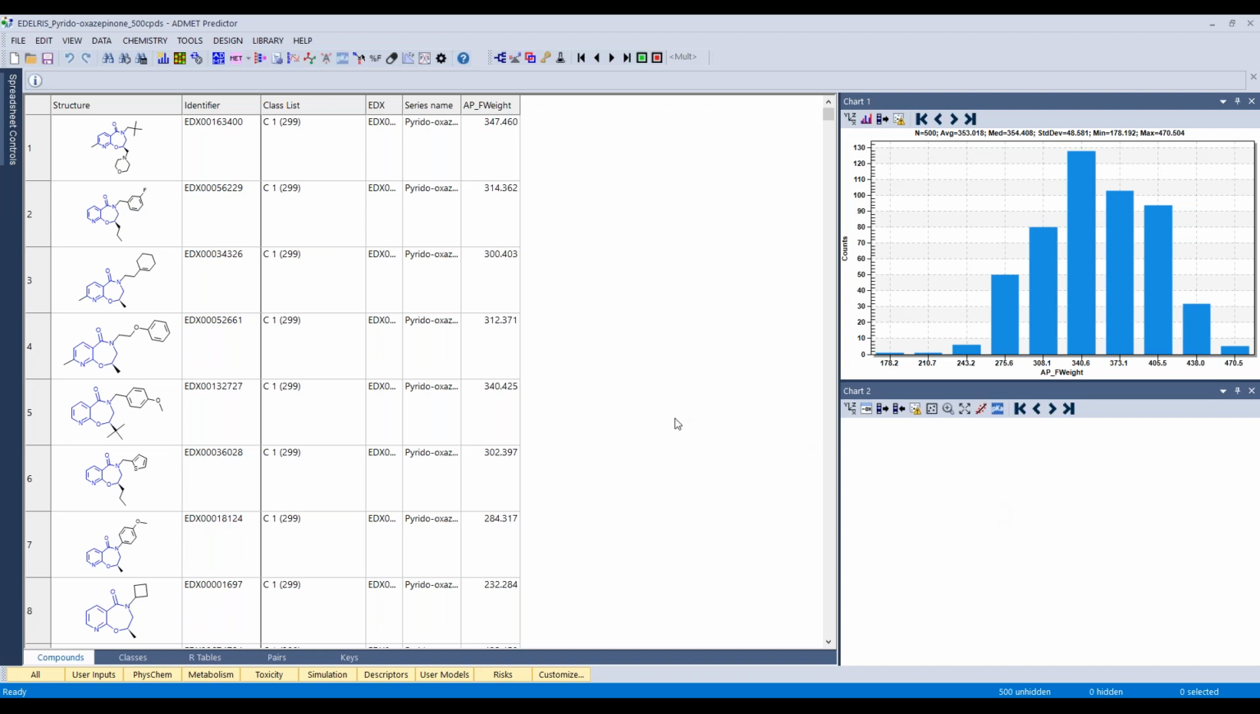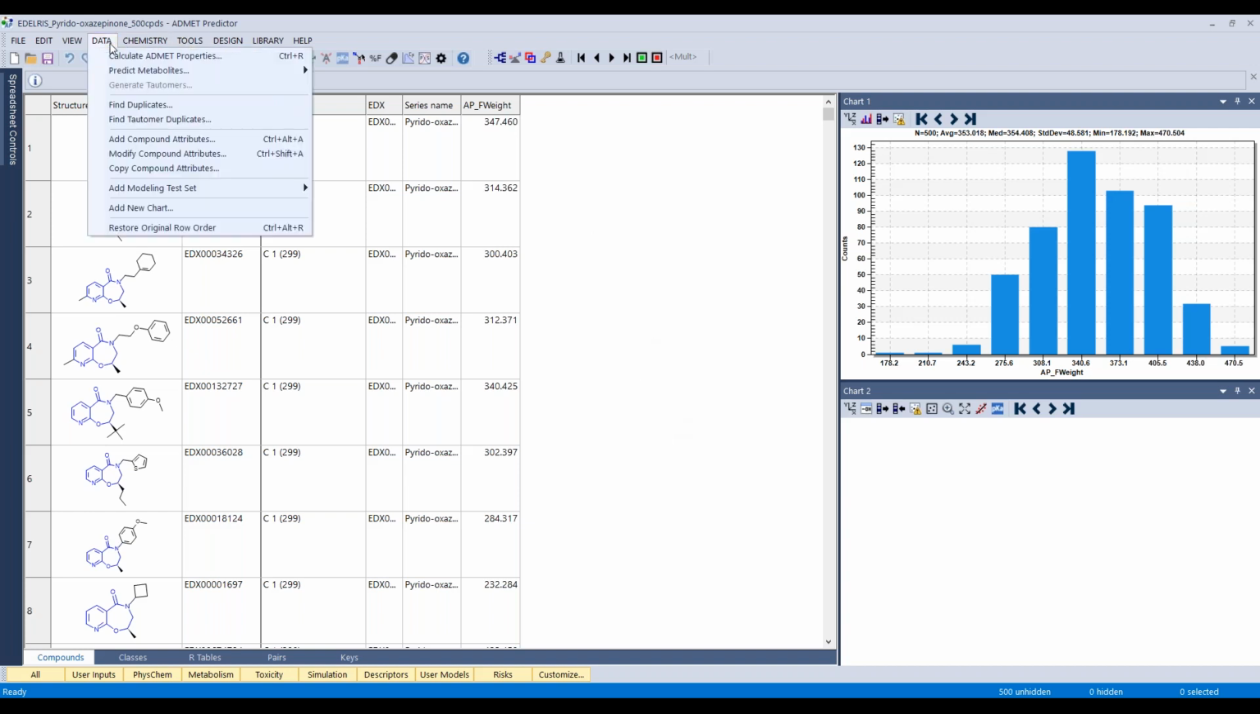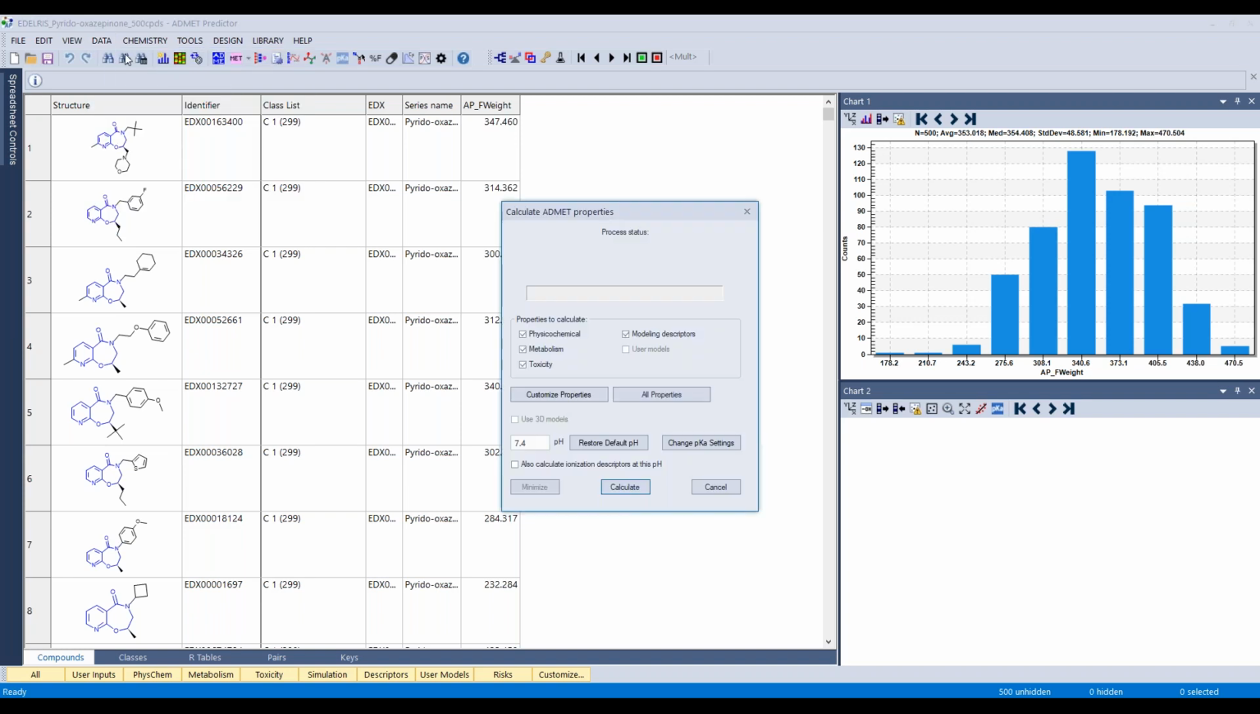what we're doing. So one of the things that ADMET Predictor is really good at is looking at properties and profiling compounds according to ADMET properties. So that is what I suggest we do next. Under data here, we can calculate ADMET properties for all of these compounds. So I'm just going to go ahead and calculate ADMET properties for these 500 compounds. Hit the calculate tab, and we have about 500 compounds. Literally, it takes only a few seconds to calculate ADMET properties for these